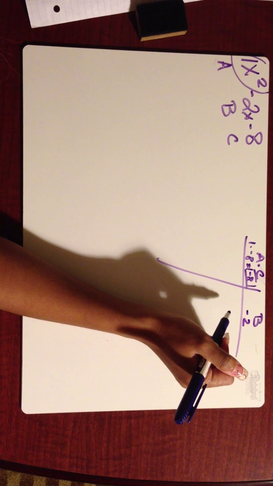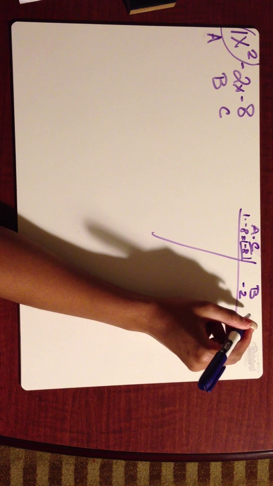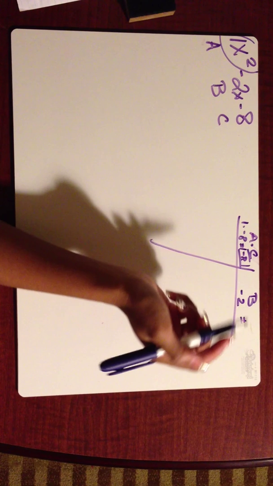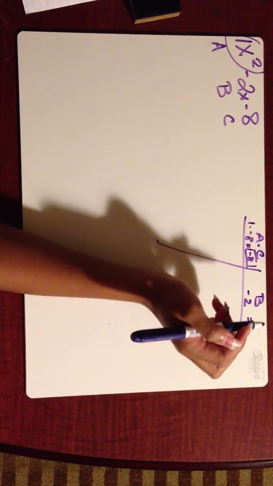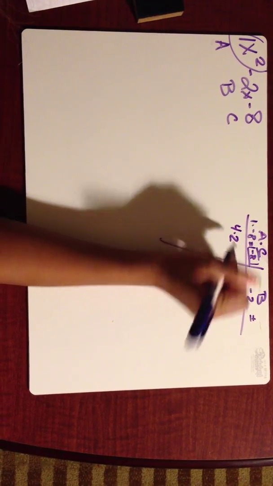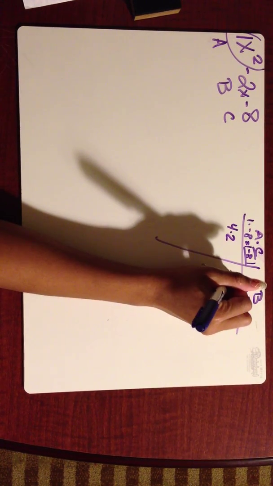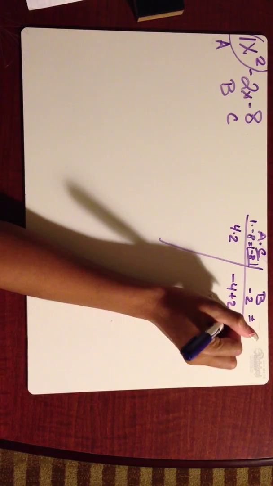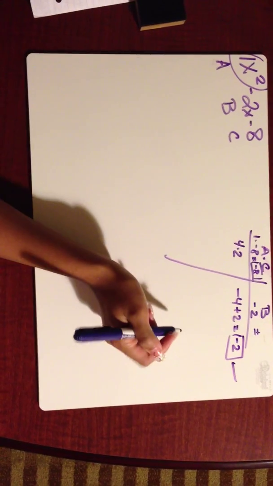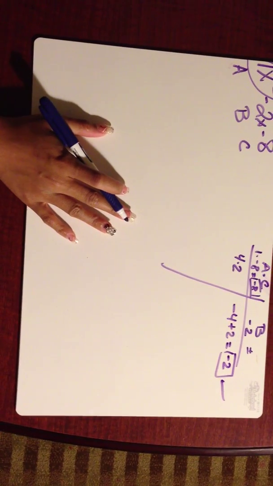So we have to find a product that will equal negative 8 and also will add or subtract to negative 2. So 1 times negative 8 can't equal negative 2. Well, let's try 4 times 2. That equals 8. Let's see, negative 4 plus 2 will equal negative 2, right? Alright, so that's good. So we're going to go ahead and come back over on this side, and you're just going to bring